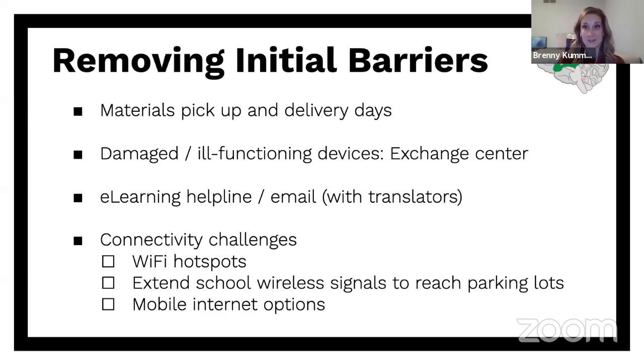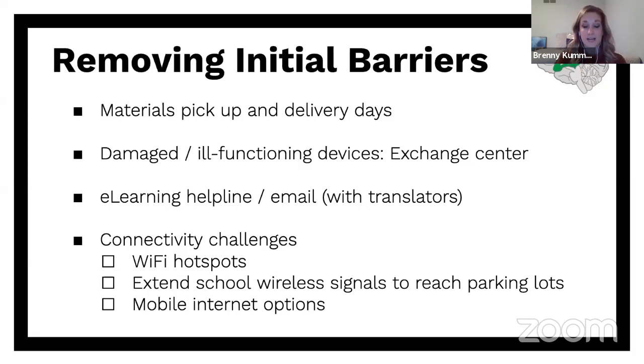I have a friend who's a counselor, and she said she walked 40,000 steps that day trying to deliver all of those different things. So that was a little crazy, but even afterwards, we realized that that didn't catch all of our students either. So we've had principals deliver those materials to students they know needed them and weren't there that day.